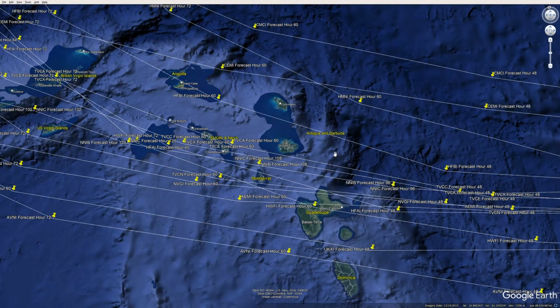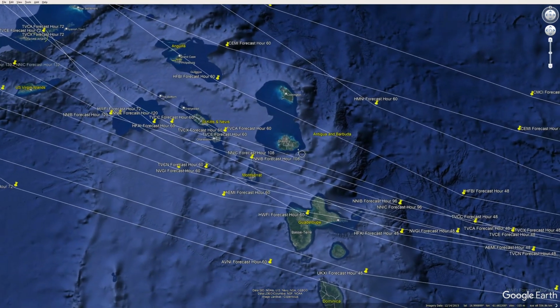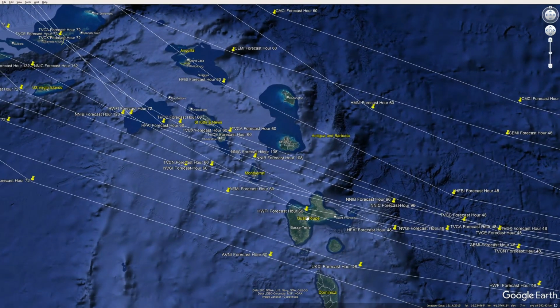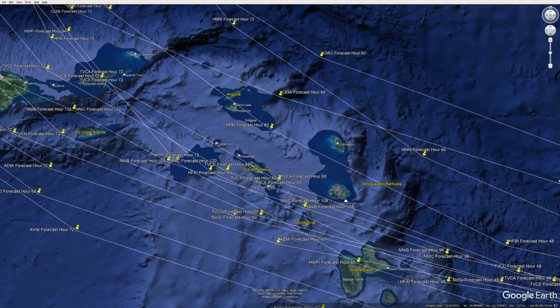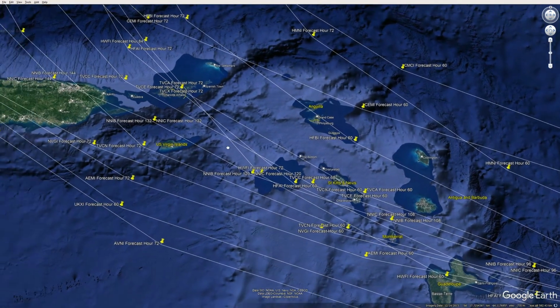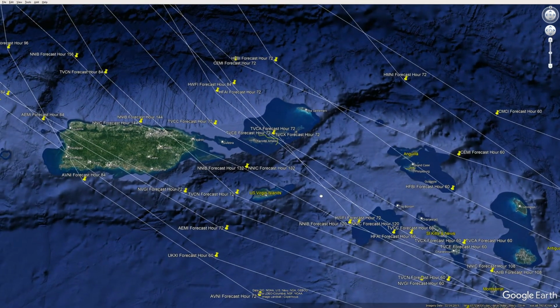So what are those islands in the path of this developing potential hurricane? Well, these are the tracks overlaid in Google Earth, and we can see that we've got Antigua and Barbuda. Guadeloupe is probably a bit south of the consensus track. It's close. Montserrat, St. Kitts and Nevis, and then it moves up to, well, it could be over Puerto Rico,